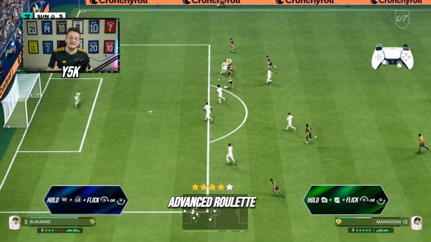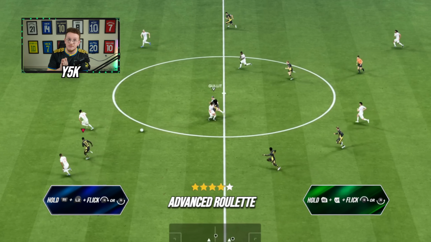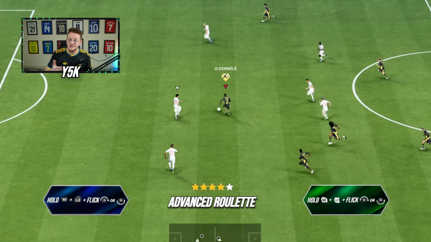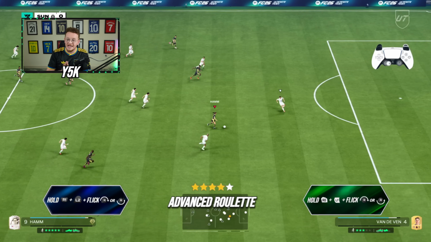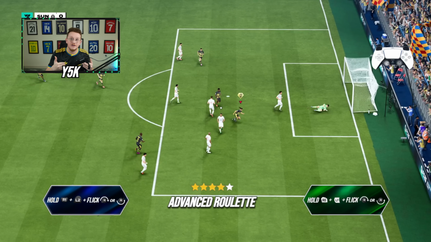With a normal roulette, when the animation ends, your player will be moving the same direction as before the roulette, but with an advanced roulette, you can change your direction, as you can see from this example. The best situation to use an advanced roulette is basically a 1v1 situation. Whenever you see a defender coming towards your player and he is going for a stand tackle or a slide